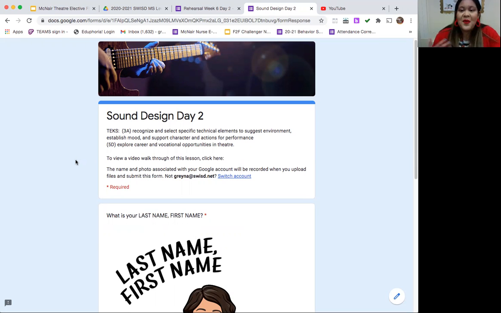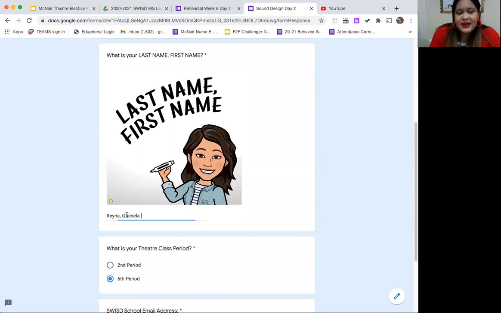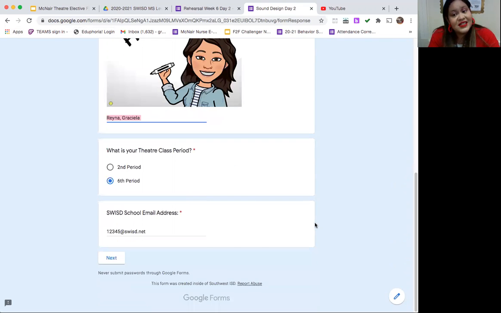When you open up your form, you're going to fill out the first opening page like we always do. You're going to fill in your last name, comma, your first name, just like you see in the box on your screen. You're going to fill in your theater class period, which for productions should be second period or sixth period. And then you are going to fill out your Southwest ISD school email address, which is your ID number at